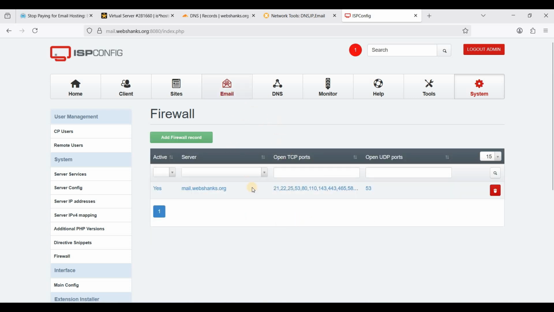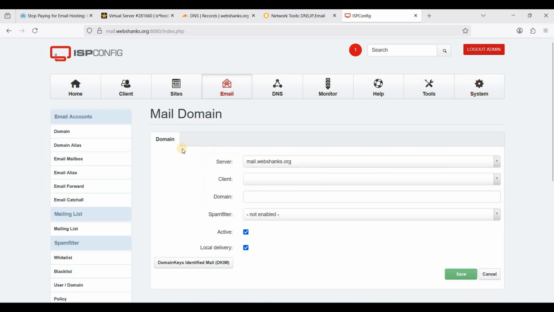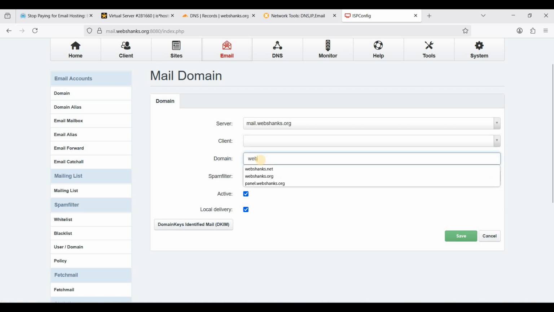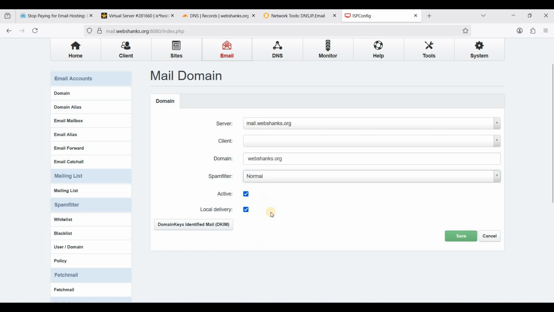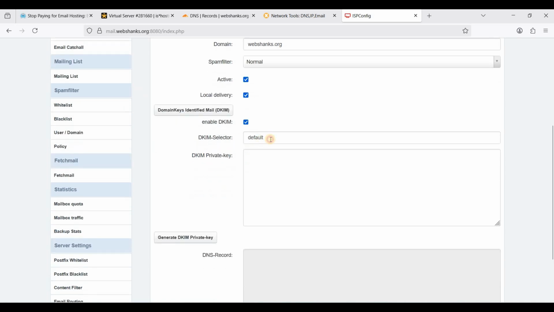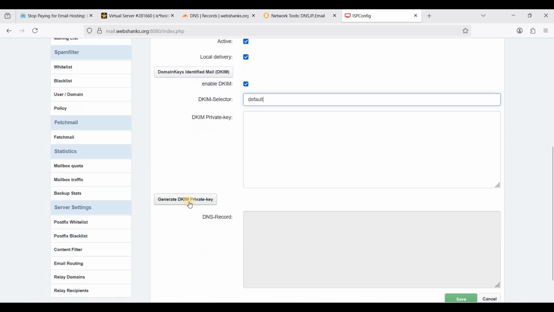And let's go to email. Okay, we will add a domain, so leave the client empty. It will be webchunks.org. So for spam filter, just use normal, and for the DKIM, click this one, check enable DKIM, and if you want to set your DKIM selector, you can set this and just click generate a DKIM private key,